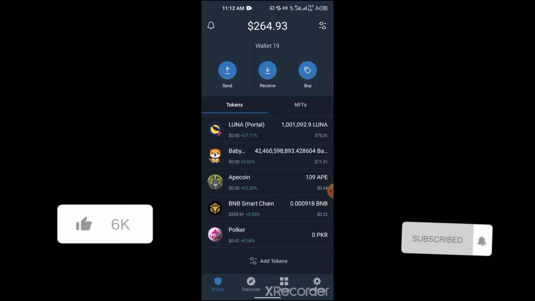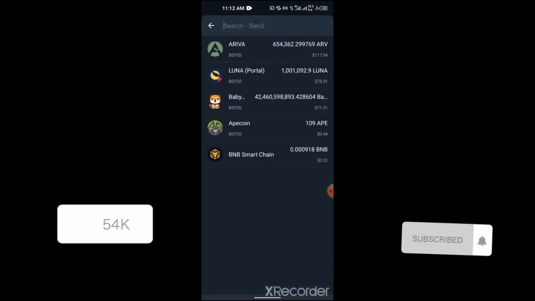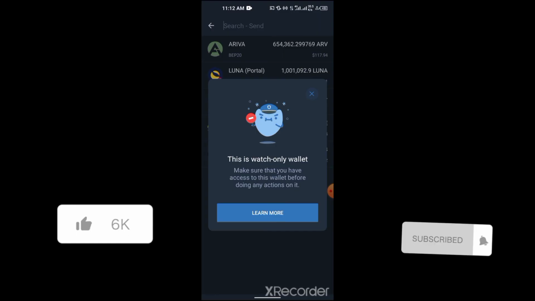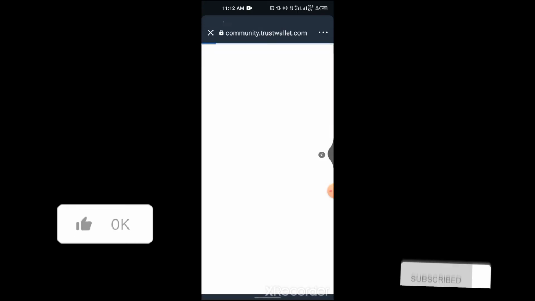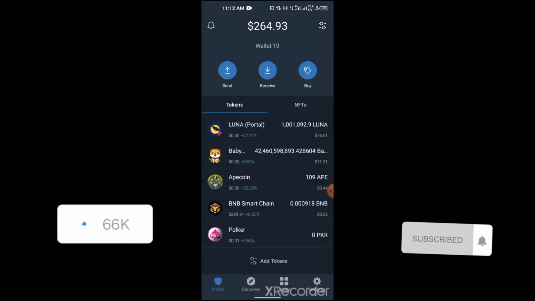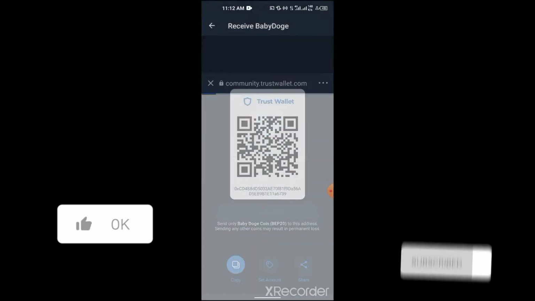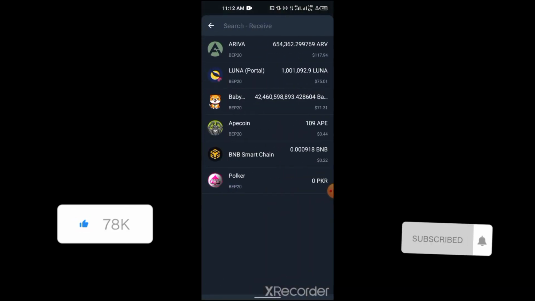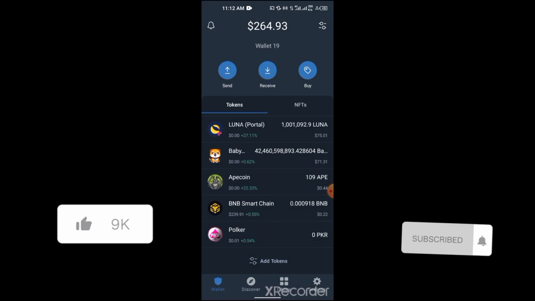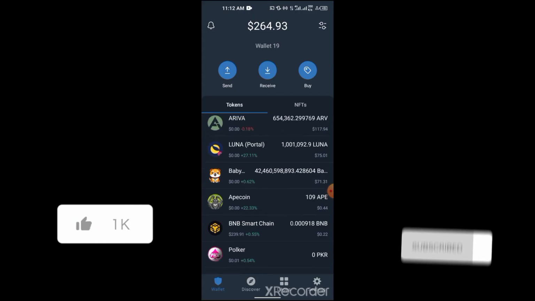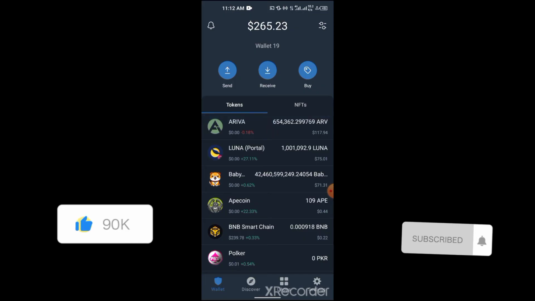All right, so how would you know you've imported a SGNS wallet? When you tap on send, click on any token, you will see SGNS. Or when you tap on receive, it will display SGNS. So what you can only do here is send coins to this wallet and not receive coins. So to get the rest of your tokens, still with your recovery phrase, still with the address you copied,